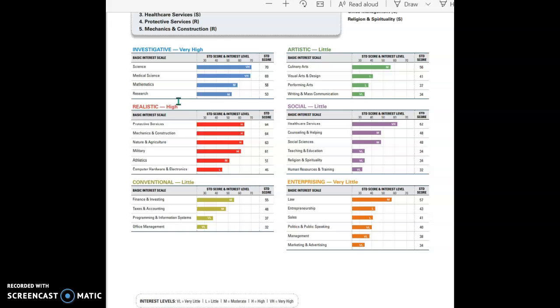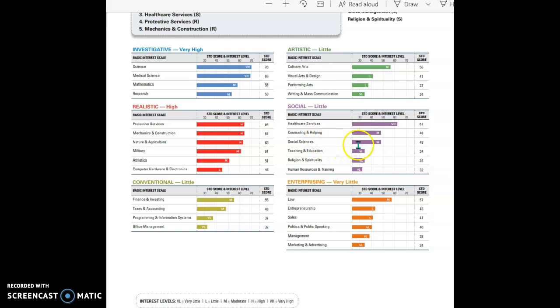So, for example, under social, you can see there's healthcare sciences, counseling and helping, social sciences, teaching and education, religion and spirituality, human resources and training. And once again, you can see that each of the subcategories also contain their own word descriptors,